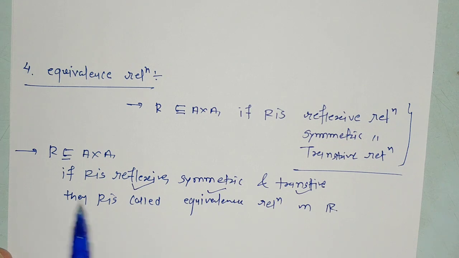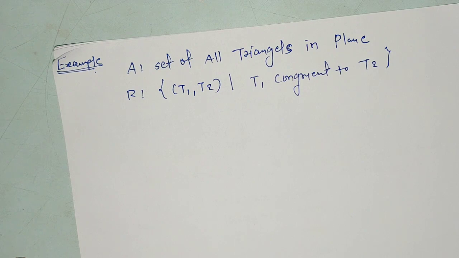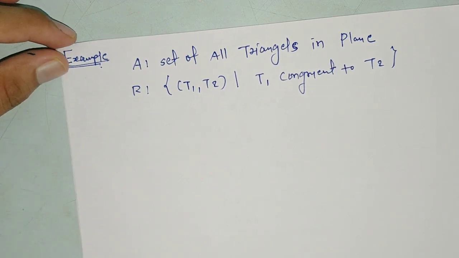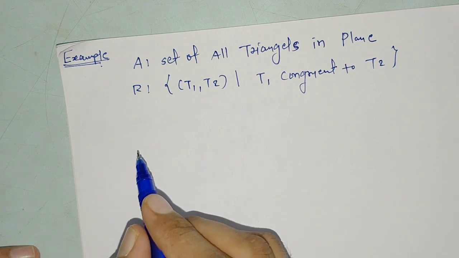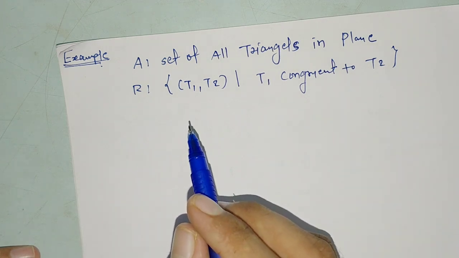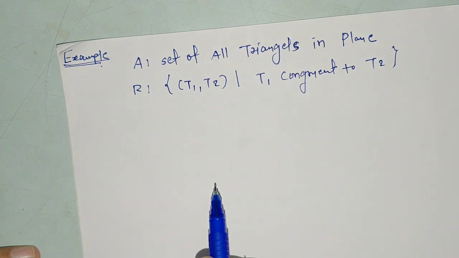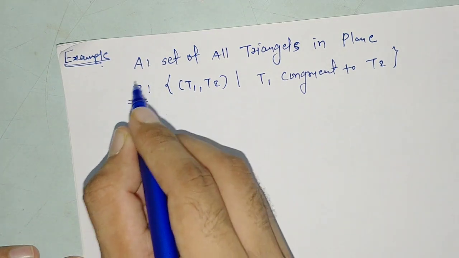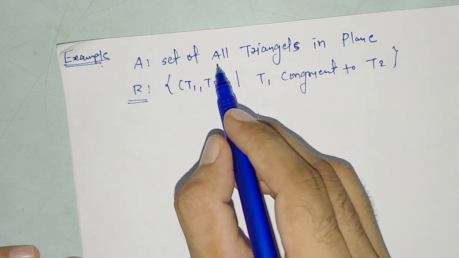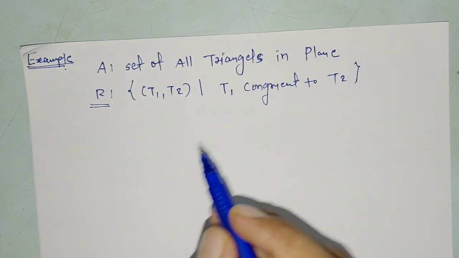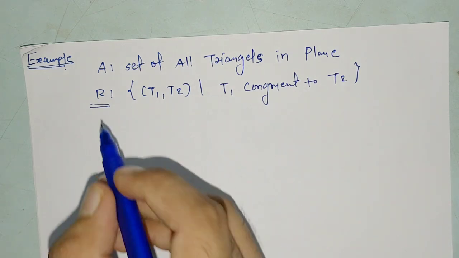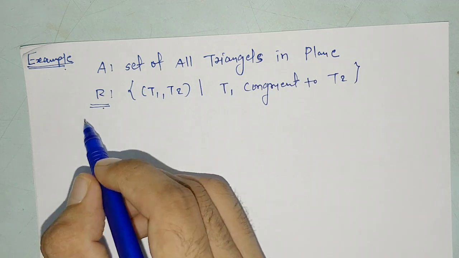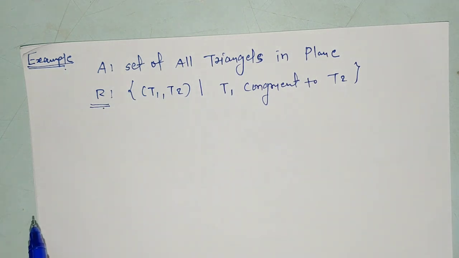Okay, so we understand the equivalence relation by one example. As in the definition, an equivalence relation is a relation which satisfies reflexivity, symmetricity and transitivity. So we have to check whether this relation on the set of all triangles in a plane, defined as T1 congruent to T2, is equivalence or not. For that we have to check R is reflexive or not, symmetric or not, transitive or not. Okay, so first,